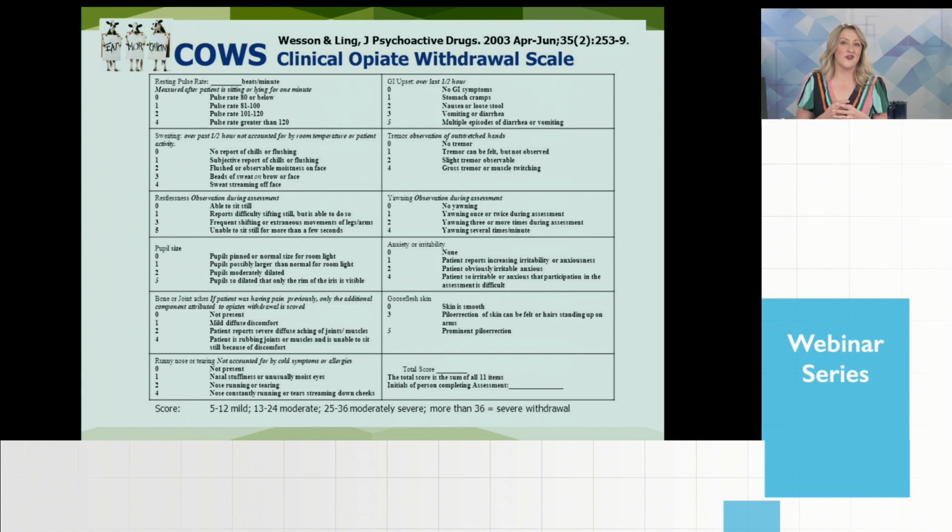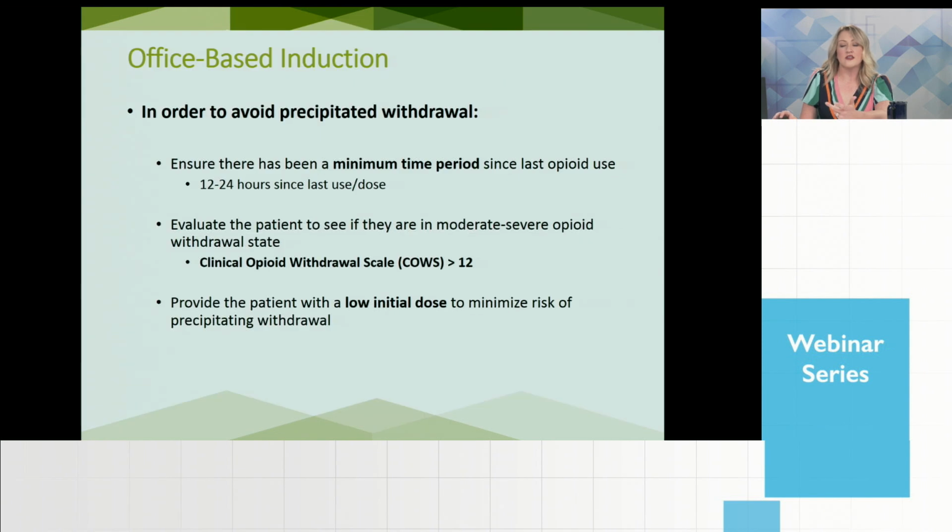And I just argue that if anyone is literate and verbal in your office, they can perform this. So it doesn't necessarily need to take away from your busy schedule, your medical office assistant, your nurse. If you're sending the patient directly to the pharmacy, your pharmacist can certainly complete this with you. And then all you want to know is, okay, they presented to my office, and what is their COWS score? And so just to go back to the previous slide, the number that we want is greater than 12.